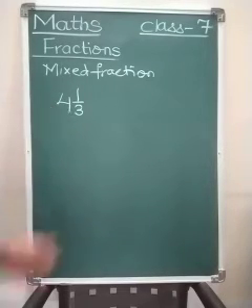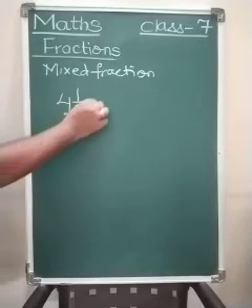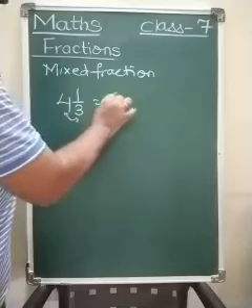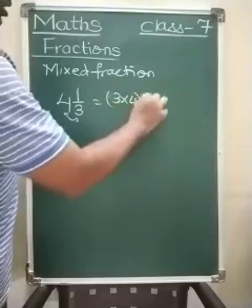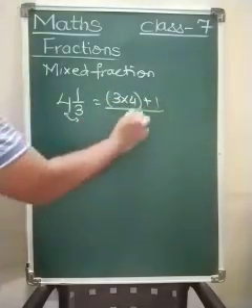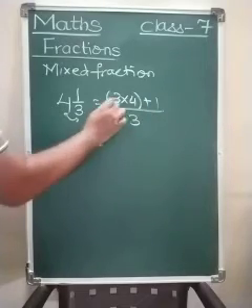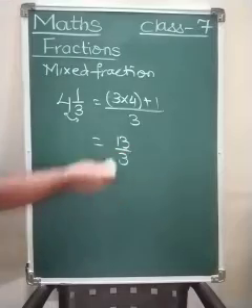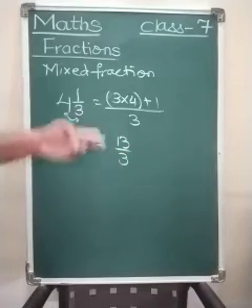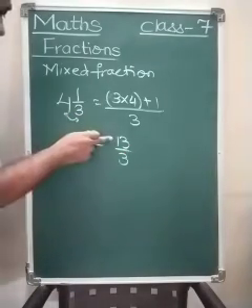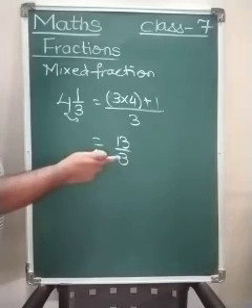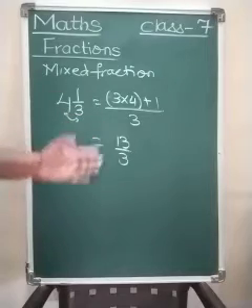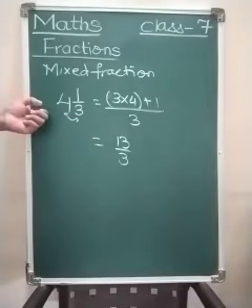How do you convert this? You multiply 3 multiplied by 4. How do you convert this into an improper fraction? So here we say 3 multiplied by 4 plus 1 upon, and 3 will be our denominator. So 3 4s are 12, 12 plus 1 is 13, so 13 upon 3. This is the improper fraction. Why improper fraction? The numerator is greater than the denominator, therefore this is called an improper fraction, and an improper fraction can be converted into a mixed number.